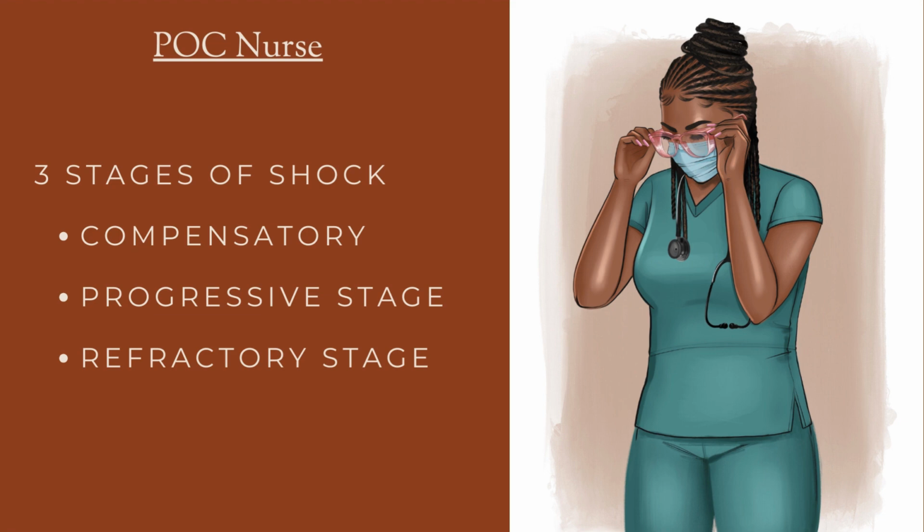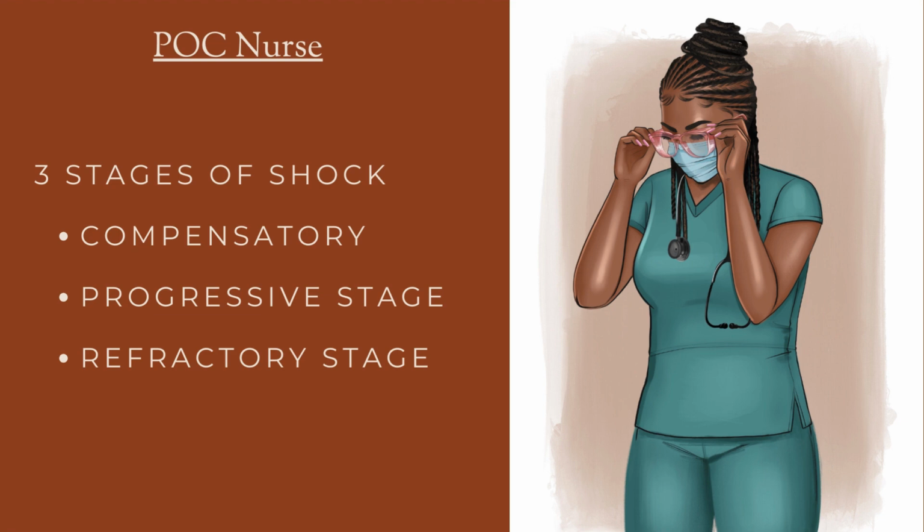This is the progressive stage of shock. In this stage, remember, the compensatory mechanisms that were working before are no longer working. They are starting to fail. The hallmark of the compensatory mechanism is that it's able to maintain the patient's blood pressure. Now it cannot. It is not working, therefore the patient's blood pressure is dropping. This is where you see vasopressors being added like in real life. The patient will be on pressors, and this is where we segue into the third stage of shock, which is